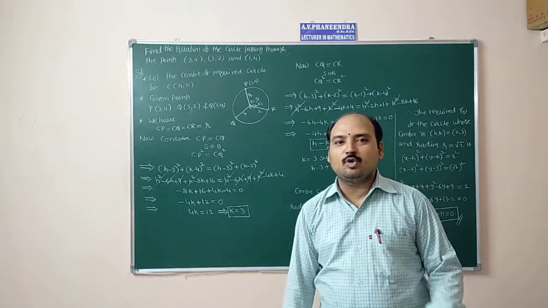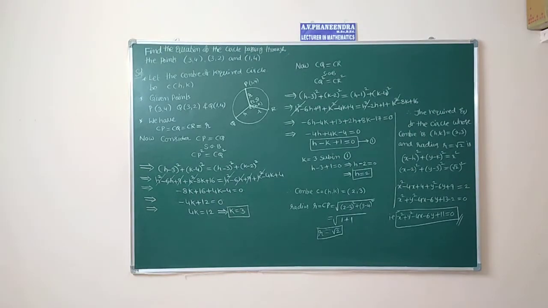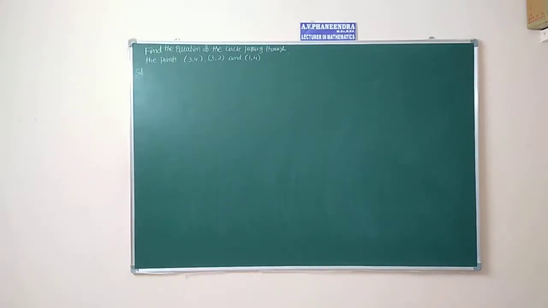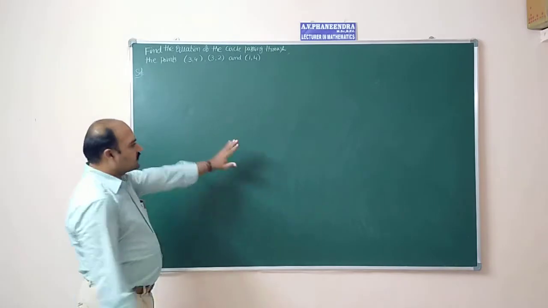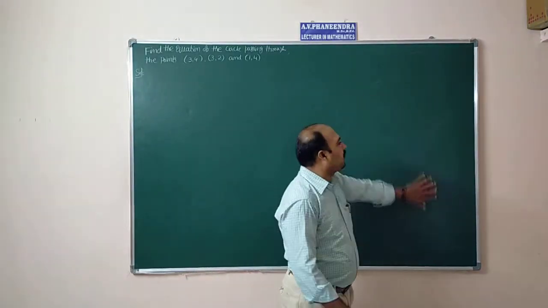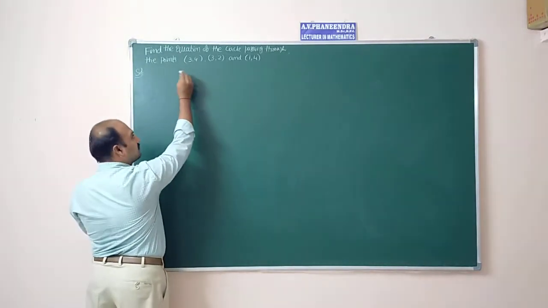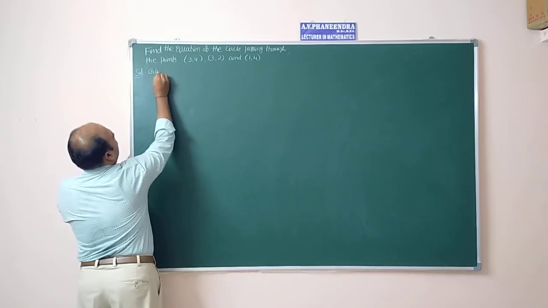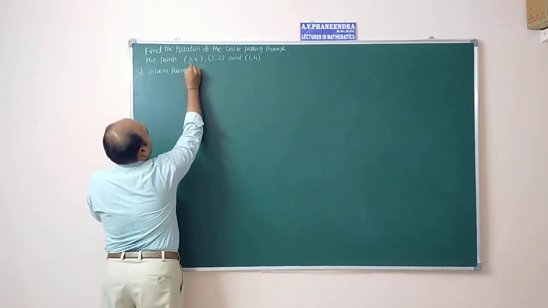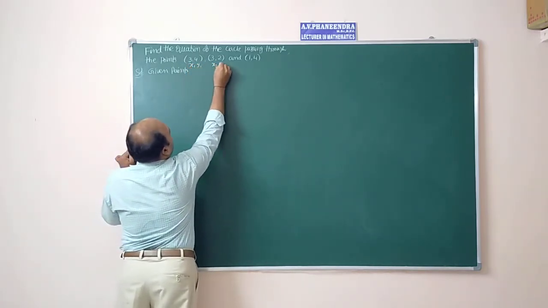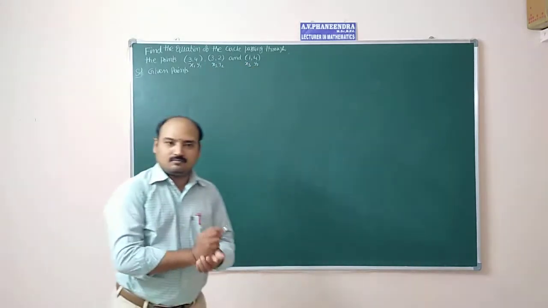Next, I am going to introduce the third method to you. In the third method, first what we have to do is take the given points and give them names. Three points are there. Here I am not writing them particularly, already it is there. First point is (x1, y1), second point is (x2, y2), third point is (x3, y3). So 3 points are there.